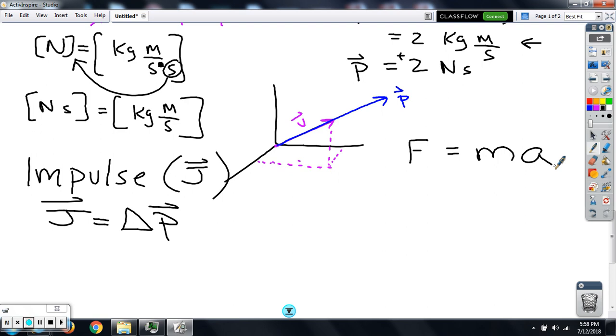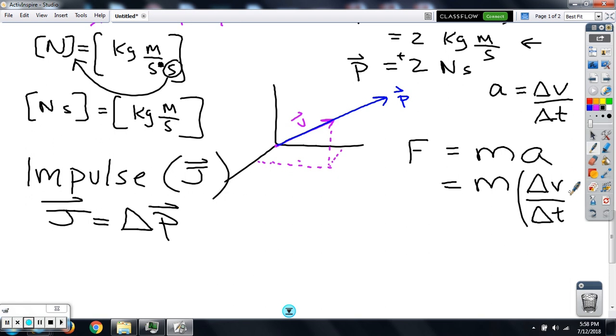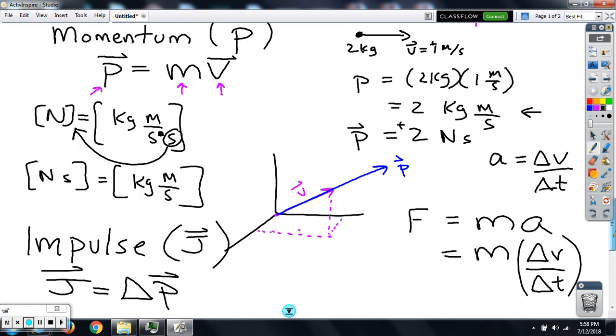And so, since acceleration in a discrete sense is the change in velocity over time, we can replace acceleration with delta v over delta t. And we know, based on this definition up here, that mv is momentum. So m times delta v, as long as the mass of the object isn't changing,